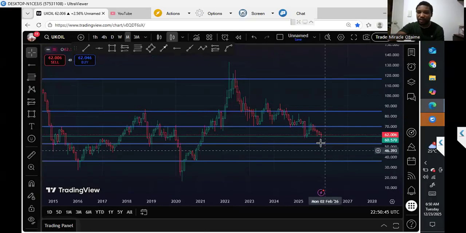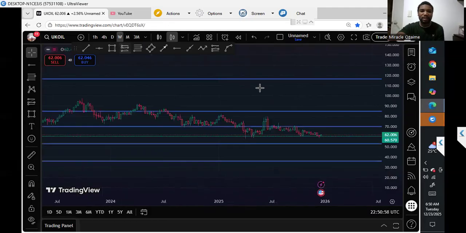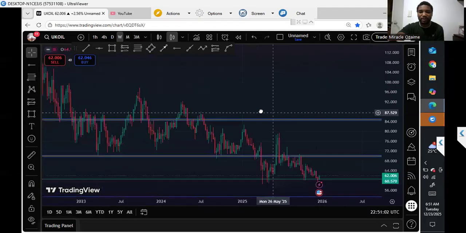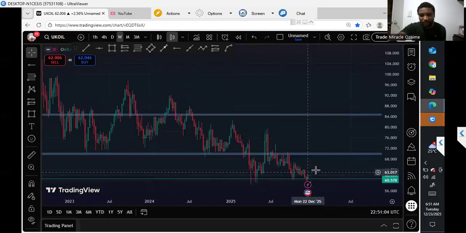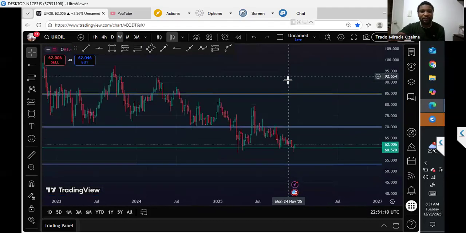So I'm waiting for this candle to close bullish, like I've told you before, for this base to form. This is one bottom. This is a significant level that price needs to correct, because initially, remember that we took a loss on Brent oil, I think it was this area that we wanted to buy. So this weekly time frame is quite